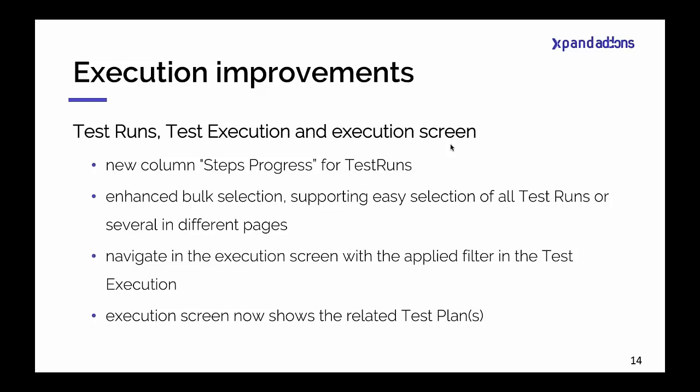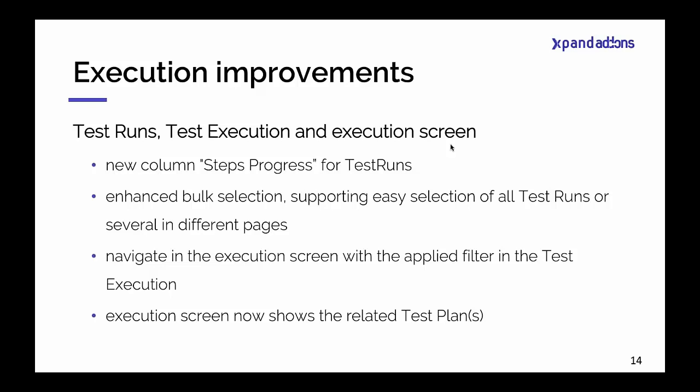And one, talking a bit about that, is that you can then, for example, if you apply a filter in the test execution, sometimes whenever you have plenty of runs inside a test execution, you may have some of them assigned to one user, for example, or some in specific status, and you want to go into the actual execution screen and navigate with the filtered information. And well, previously you couldn't do that, but now if you apply a filter in the test execution, you can